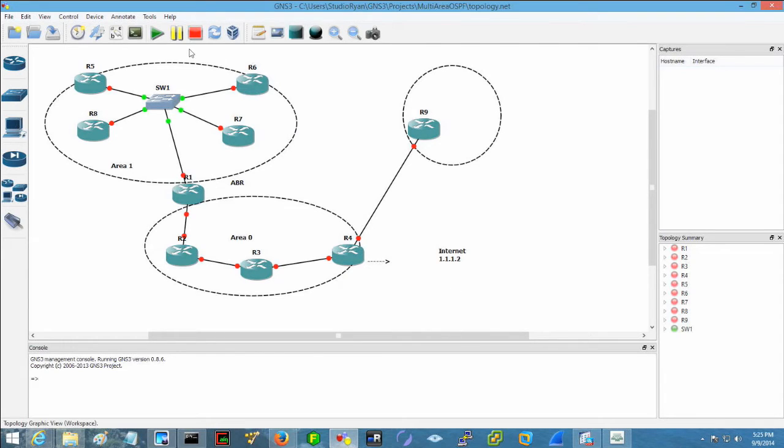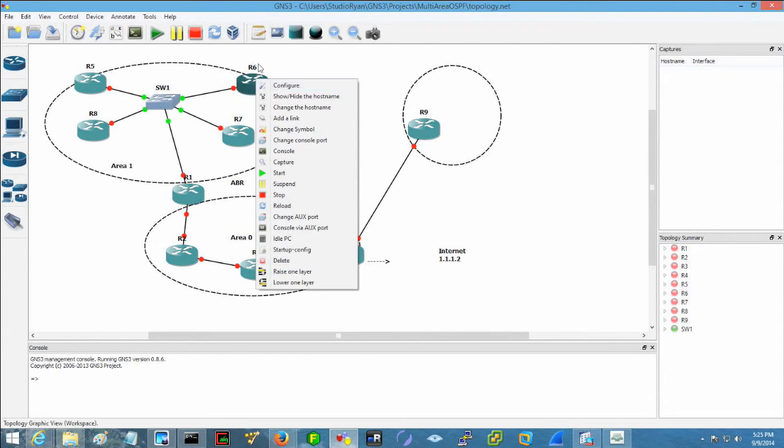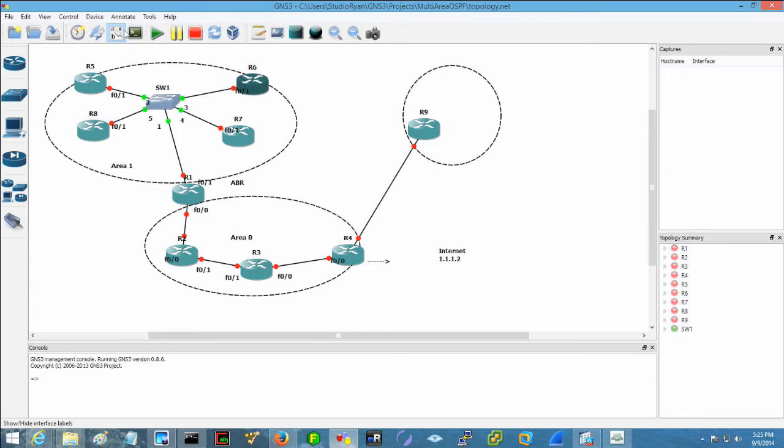And then what we can do is build a connection between those interfaces. Let's go to here. Add a link, and we want to go from here on serial 0 over to here on serial 0. All right. And then I can shut that off.